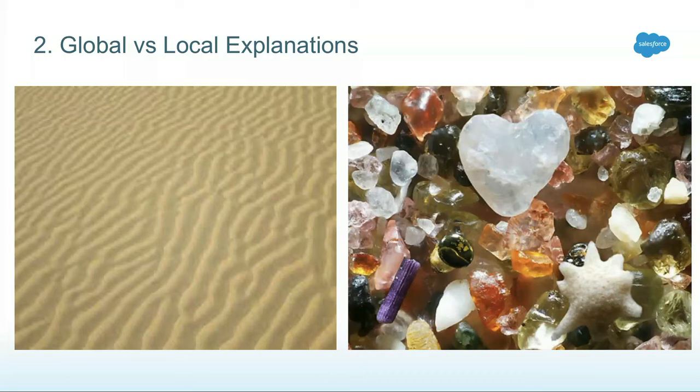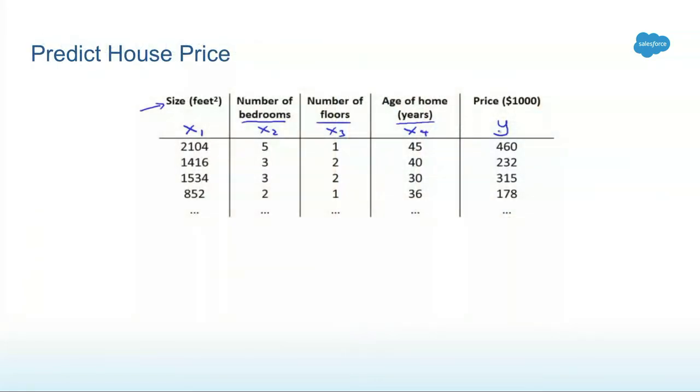sentiment, it's much easier. To drive this point home, I'm going to use an example of housing price prediction, which is very common on Zillow and Redfin and websites like that. I've used a much more simplistic example. We have 4 features here: the square footage of the house, which is x1, the number of bedrooms of the house, the number of floors in the house, and the age of the house. And what we are trying to predict is the price of the house, the variable y.